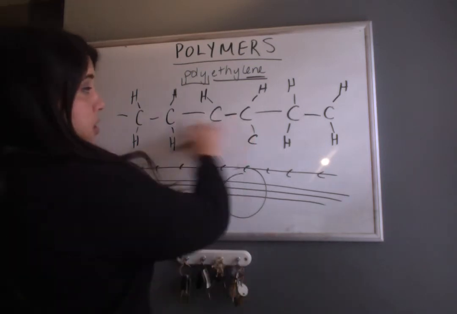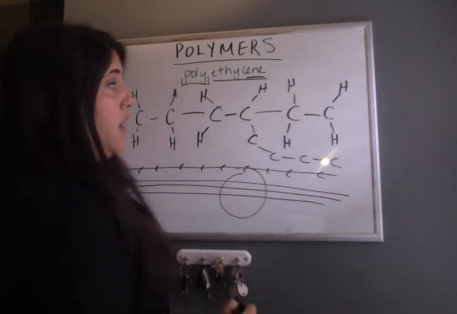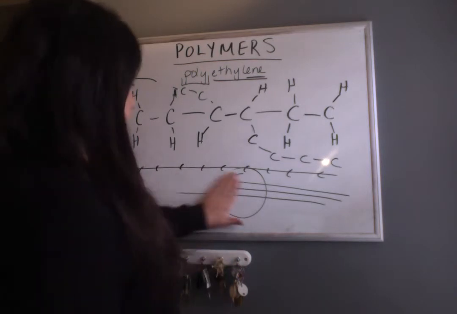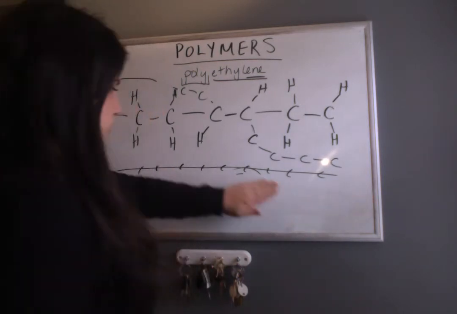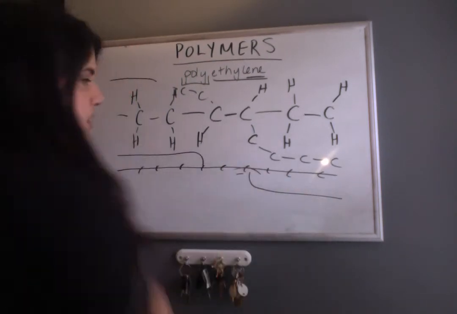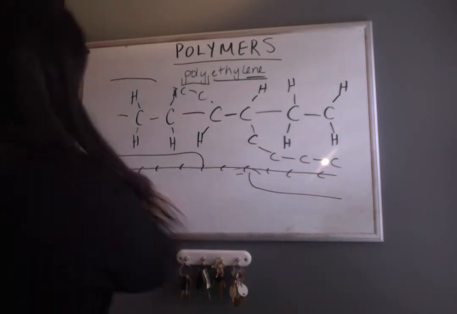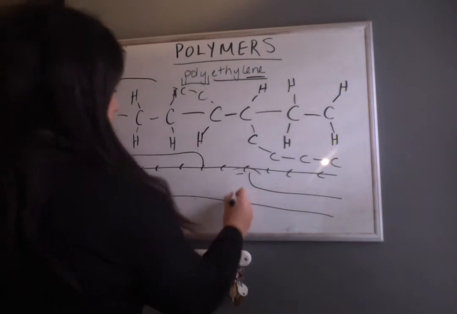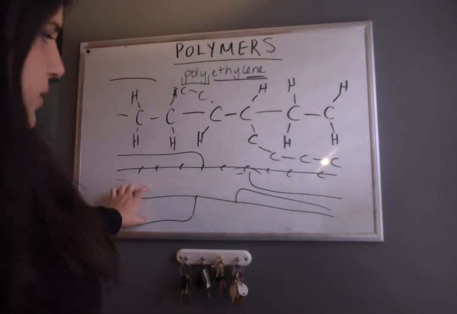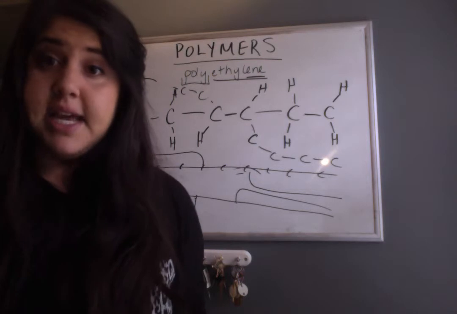So instead of just plain old carbon chain with hydrogens all around, I have carbon chains branching off. So up here, maybe I have another carbon chain branching off. What I would redraw my big polymer to look like, instead of just a line across, is something like that, where I've got branches coming off. If I have this big polymer coming into contact with another one, say like that, it's going to be a little bit difficult for this molecule down here to stack with that molecule, and if they can't stack nicely together,